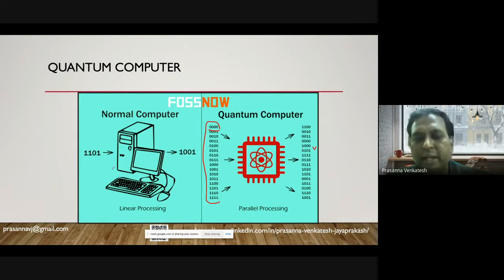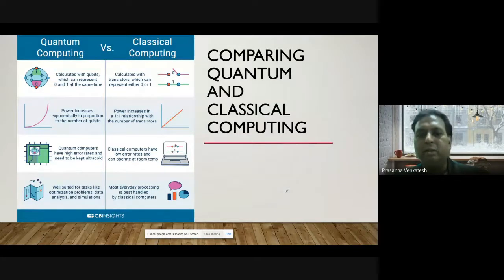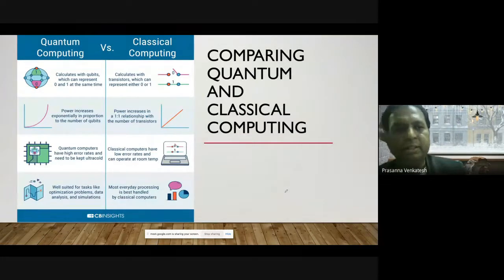So if I am working on an algorithm which converts this particular string and does some processing to come out with this particular output, you can apply the same algorithm on a quantum computer, where you can process all the different combinations of values so that you get the final outcome at the same time, in a single pass. That's the basic difference.